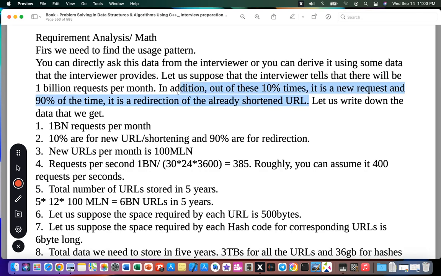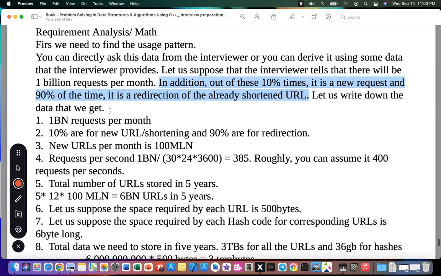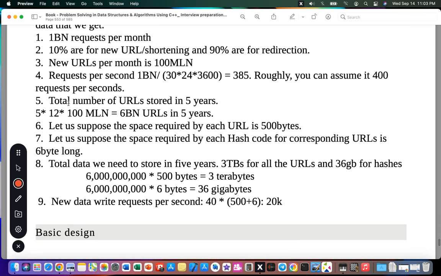Let us write down the data we get from the interviewer: 1 billion requests per month, 10% for new URL shortening, 90% just redirection.